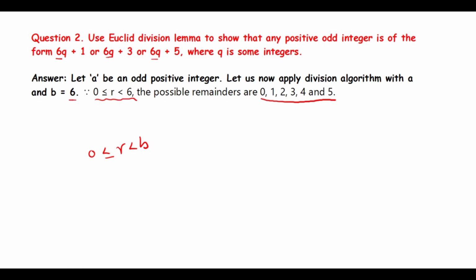That means 0, 1, 2, 3 and 4. Okay. So here with the 6, when you are dividing, the remainder you can get here is 0, 1, 2, 3, 4 and 5. So the next step is,